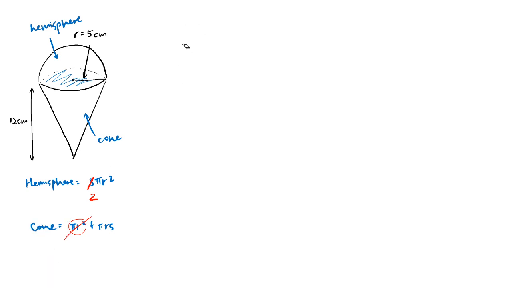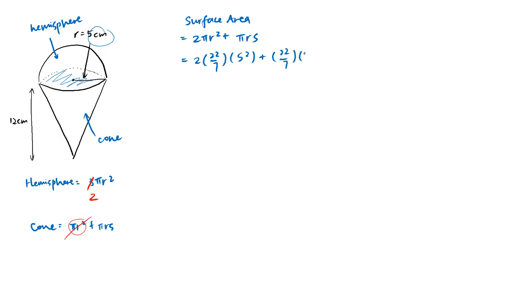Your surface area over here is equal to hemisphere which is 2 pi r square plus cone which is pi rs. Okay, so let's use 22 over 7 lah. 22 over 7. Your radius here which is 5. So it's 5 square plus 22 over 7. Radius is 5. S is not given. So here 它给你的只是 actual height which is 12 cm. Okay, 看到吗？Now, so if this is 12 cm,